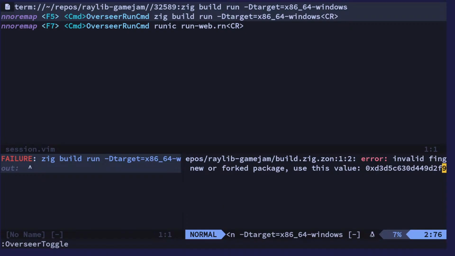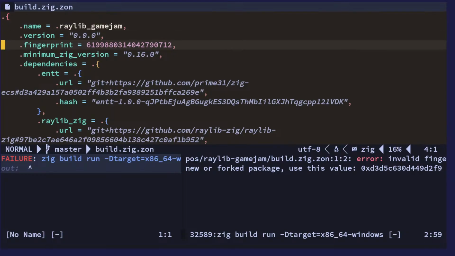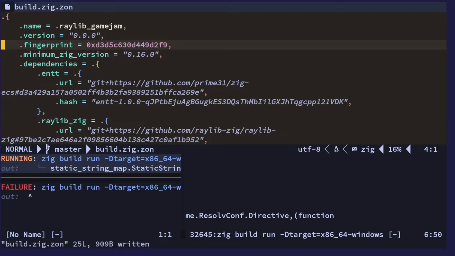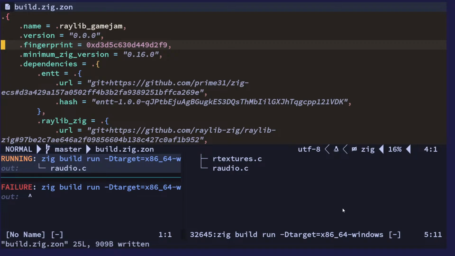Oh, I see. It's the fingerprint that's the issue. Okay, sure, fine. Because I changed the name, so now they want the fingerprint changed. Interesting. They want the hex version. Okay. There we go. So this one I set up, and it has some stuff already built in